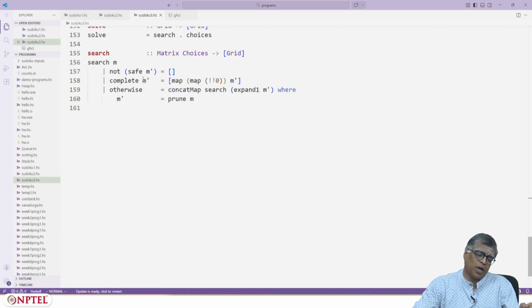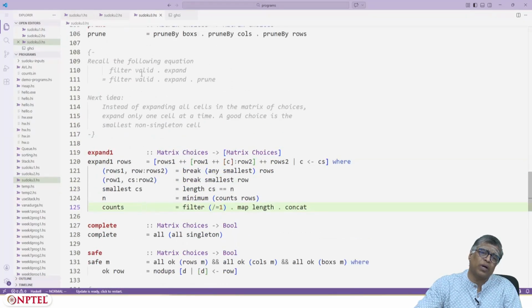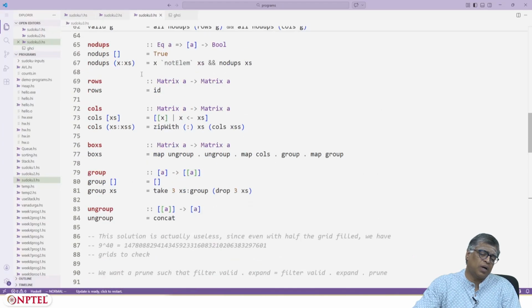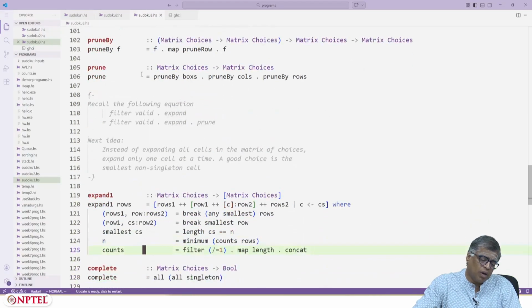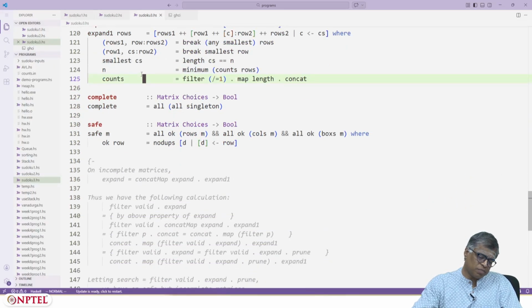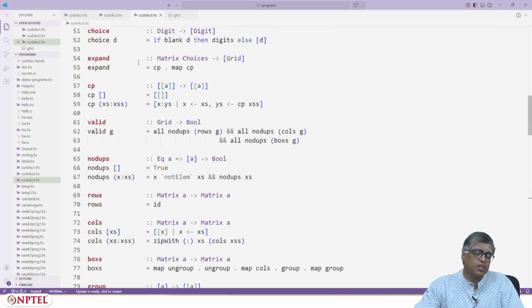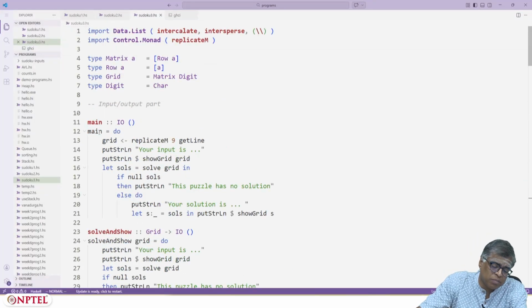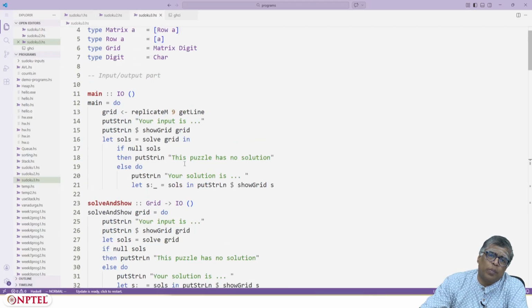I'll try to see how I can upload this code also. I have written various comments and some local derivations and provided more intuition in the program itself. I have also done some input output part in this. Let's see how it works.